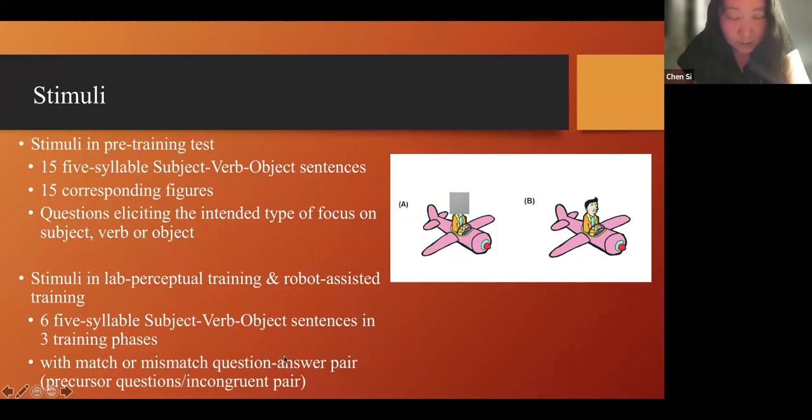Of course, we know that this is very simple, and in reality, when they need to do focus marking, they will probably need to do it on more complex sentences. But I guess we can start with simple sentences, and in the future we can see if they can generalize the training to more complex structures.